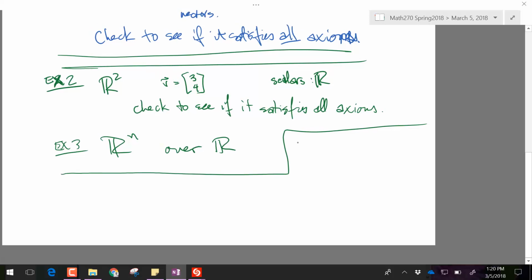Okay, so let's say the scalars are Z5, which is a set of integers. Z is a symbol for integers, and the sub 5 says how many integers you have. So I have 0, 1, 2, 3, 4. I have 5 elements in this. Okay, so these are your scalars. This is the field that the scalars live in, which means we need to know